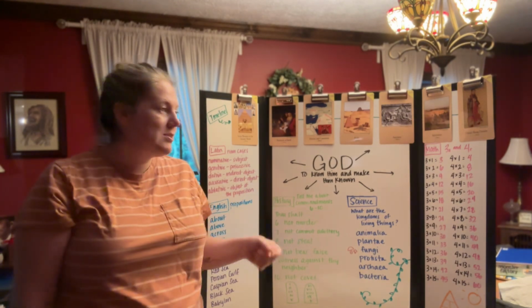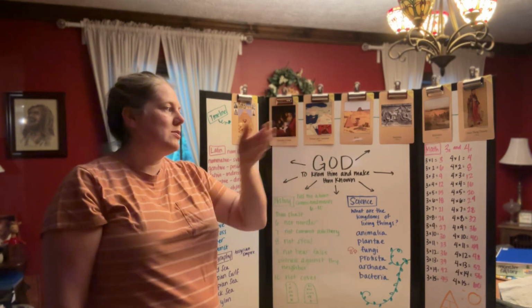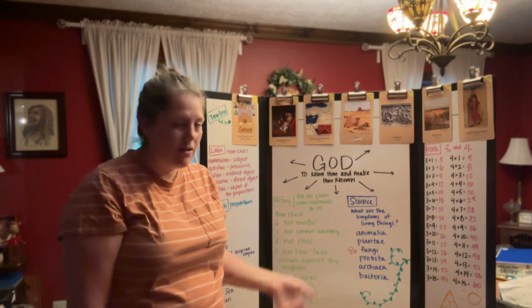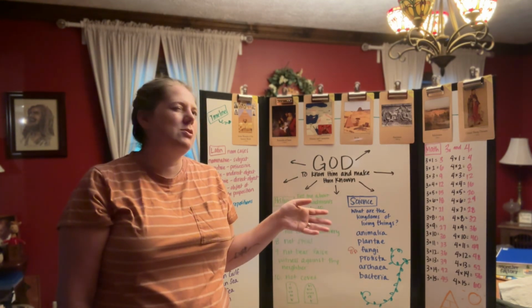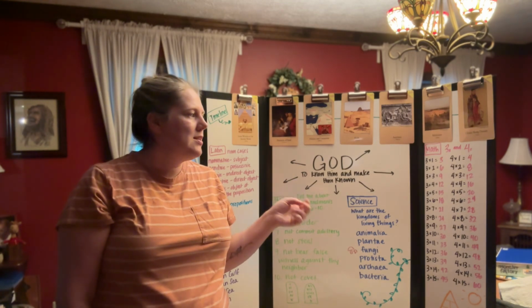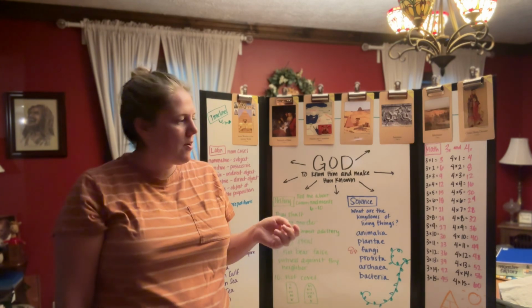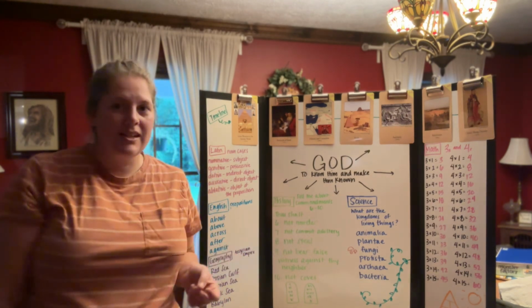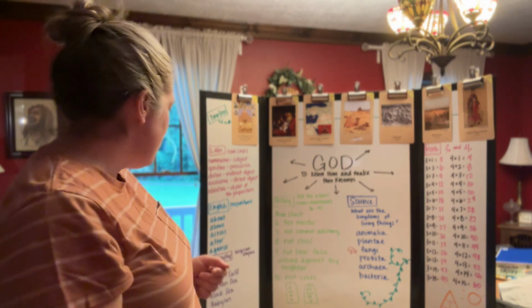Then for the 4s, did the same thing. We just spoke through the facts together. 4 times 1 is 4, 4 times 2 is 8, all the way down to 4 times 15 is 60. And then we did the song for that one, and it's to the tune of This Old Man. So it's 4, 8, 12, 16, 20, 24, 28, 32, 36, 40, 44, 48, 52, 56, and 60. Has a little extra 60 on there.